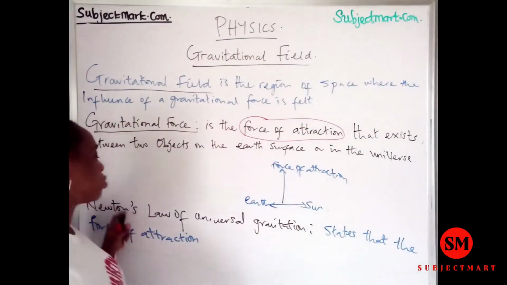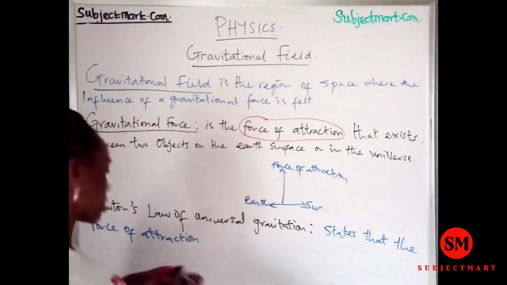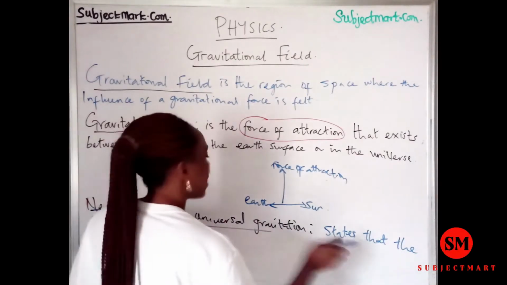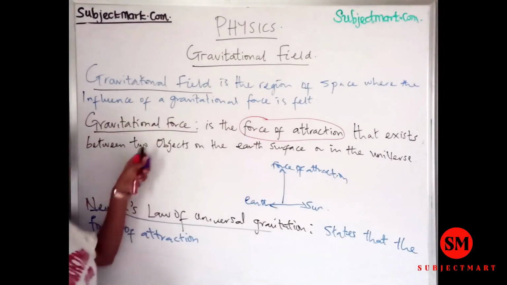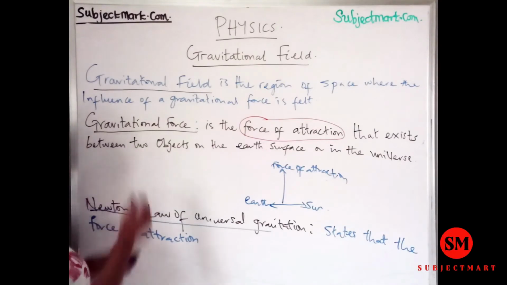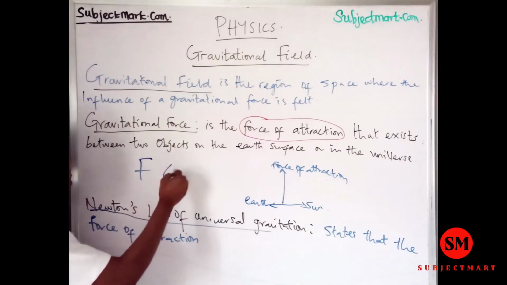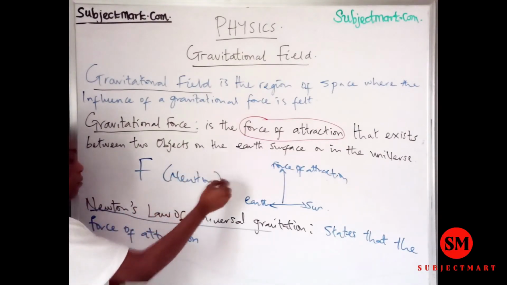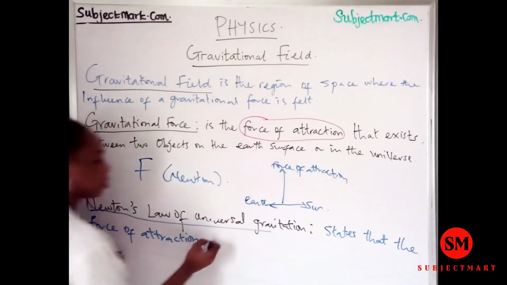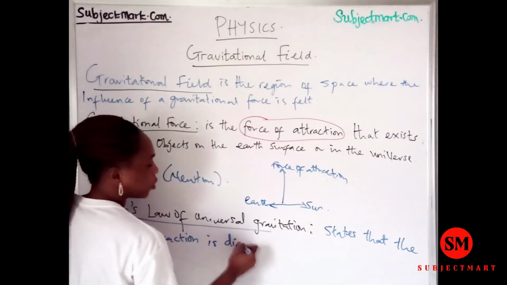According to Newton's law of universal gravitation, this force F, which is measured in Newton, the force of attraction, is directly proportional